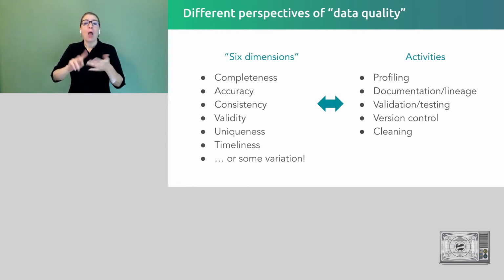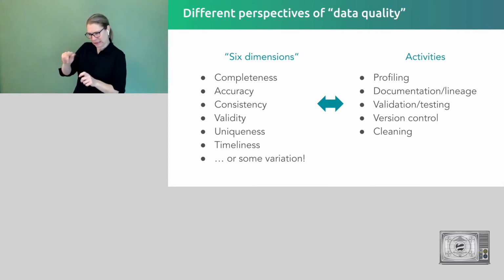So by profiling, I mean basically exploring your data, looking at your data, and getting some basic statistics. Documentation and lineage means understanding what your data means, documenting that, understanding where it comes from, what kind of business logic and transformations were applied to it. Data validation and testing is fairly classic and fairly standard in the sense that we make some assertions about what we expect to be true about our data and then test the data against those assertions